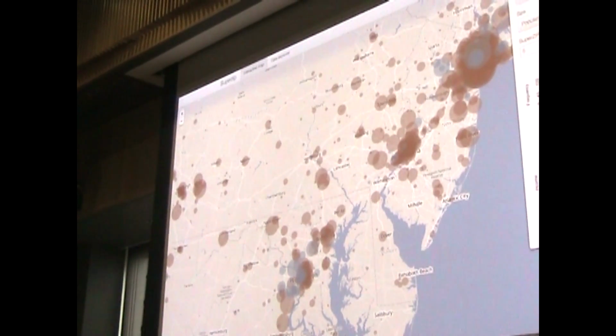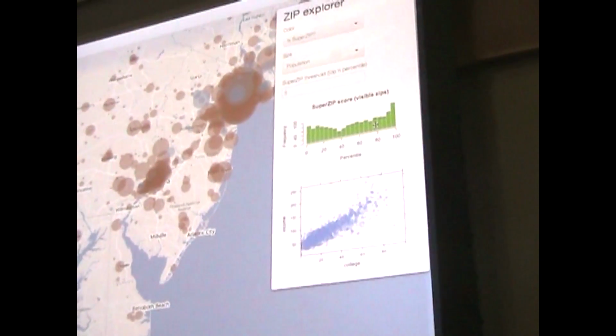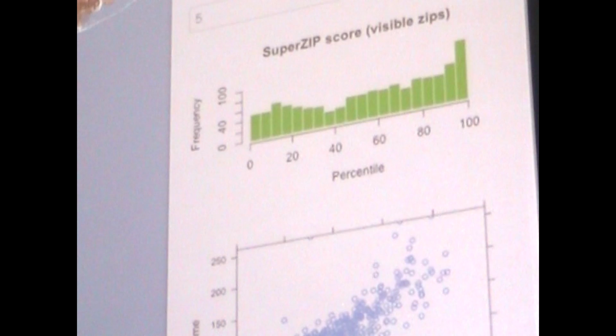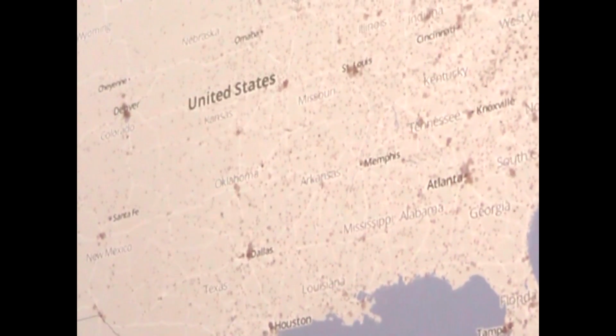Underneath here, there's two plots. I've got a histogram showing the superzip score for just the zip codes that are visible inside of the map right now. So if I'm looking at the northeast tri-state area here, you can see that there are quite a lot of zip codes that are in that top bucket, but if I move around to,